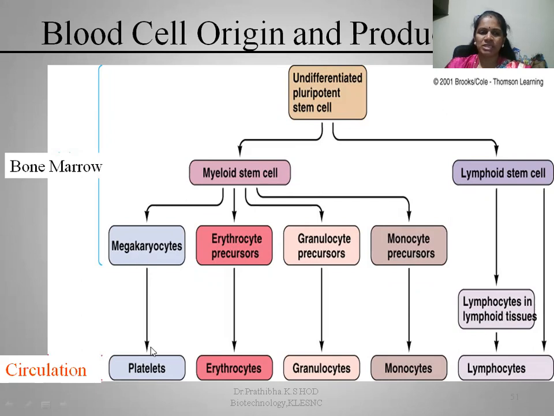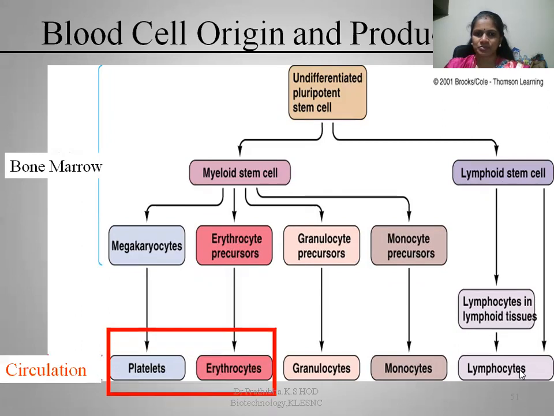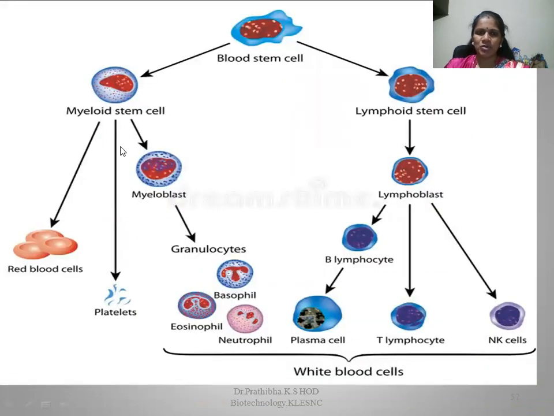Further, megakaryocytes circulate in the blood in the form of platelets, then erythrocyte precursors give erythrocytes, and granulocyte precursors give granulocytes like eosinophil, basophils and neutrophil. Monocyte precursor gives monocytes. From the lymphoid stem cell come lymphocytes in lymphoid tissue. So all of this comes under the red blood cells. Again, one more clear picture about the blood cells: blood stem cell, myeloid stem cell and lymphoid